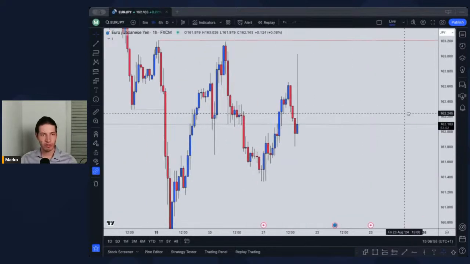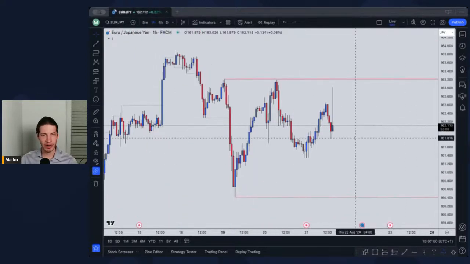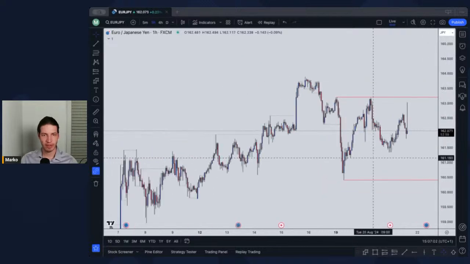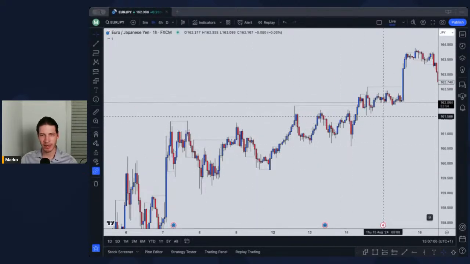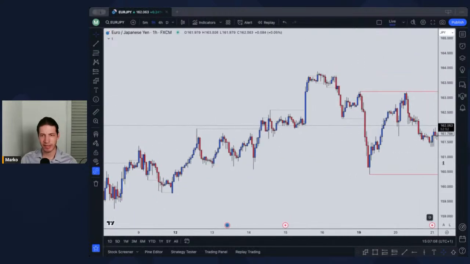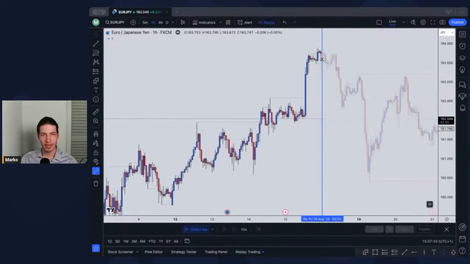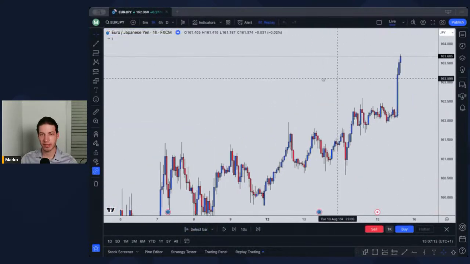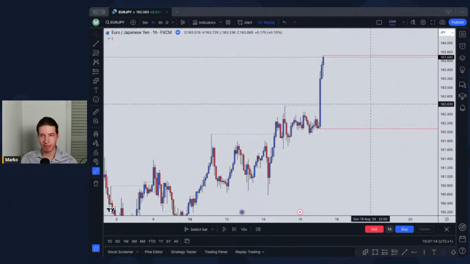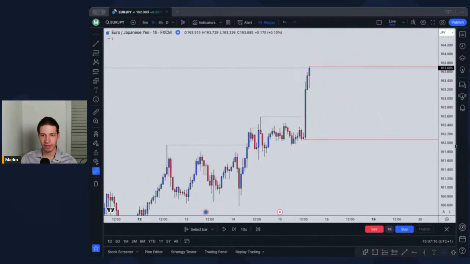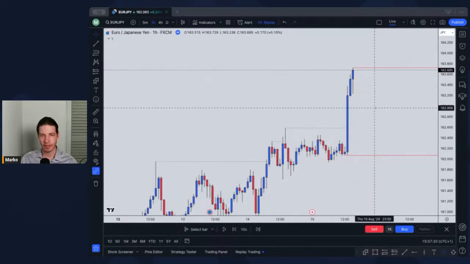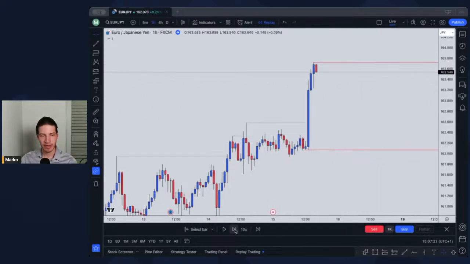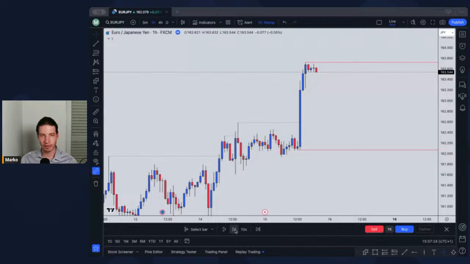Moving on to the euro and the Japanese yen, it has been pretty corrective and range bound in this area. So even the pair's price action has been very correctively ascending up, so it wasn't really that clean. We did have a nice impulse to the upside, and I was definitely looking for a buy setup. Right here, it looked very interesting, and I saw a lot of momentum in this leg, but a buy setup never fully formed. Again, this was the initial flag,